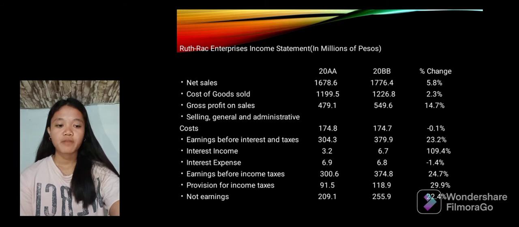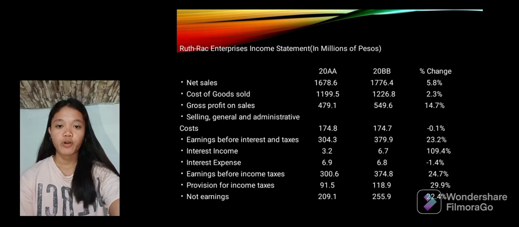Earnings before income tax 300.6, 374.8, 24.7%. Provision for income taxes 91.5, 118.9, 29.9%. Net earnings 209.1,